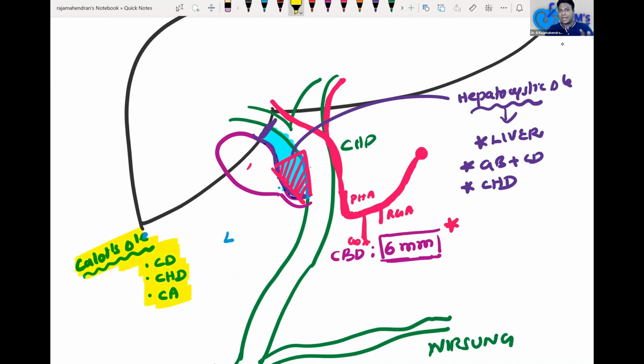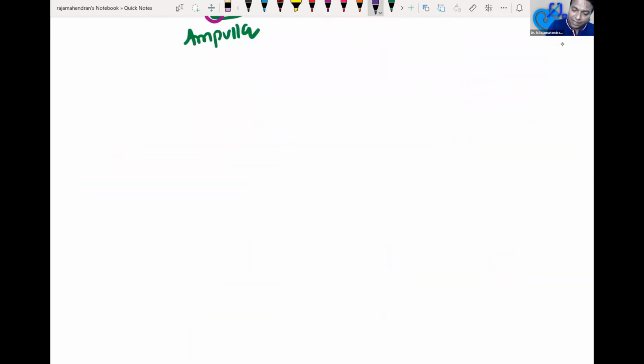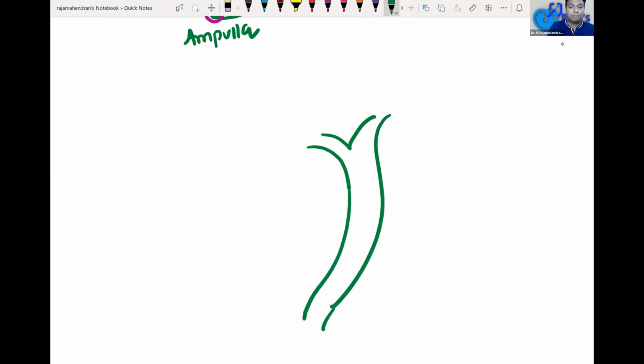We are very much worried about Kellogg's triangle. Without defining Kellogg's triangle, if you try to do laparoscopic cholecystectomy, you are going to cause more damage to the patient. So without Kellogg's triangle anatomy, I will never put a clip or a scissor anywhere. I should have a clear anatomy of Kellogg's triangle. I'm drawing Kellogg's triangle separately here. This anatomy I should have before cutting or clipping during surgery.